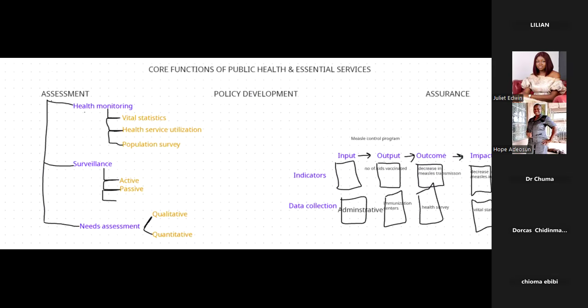Policy development is acting like a bridge between understanding problems and implementing solutions. Policy development is at the middle. So what's happening in policy development? It means that we've done our needs assessment, we've done surveillance, we've done our health monitoring, and